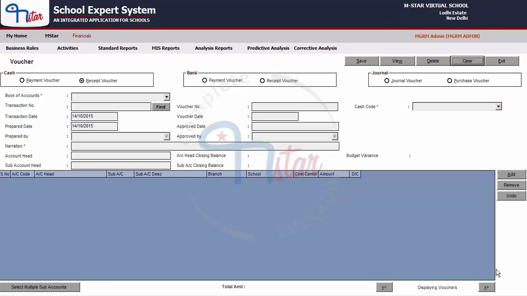Let us see another voucher creation. So again, select the book of accounts. Let the transaction date be the current date and enter a narration.